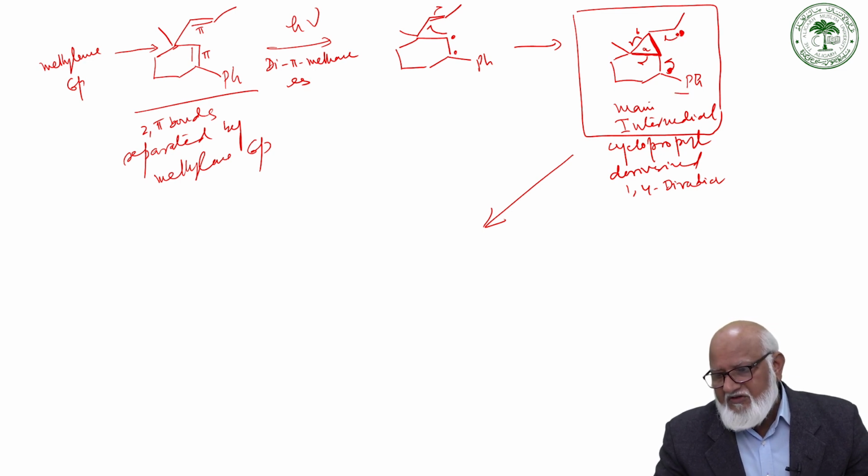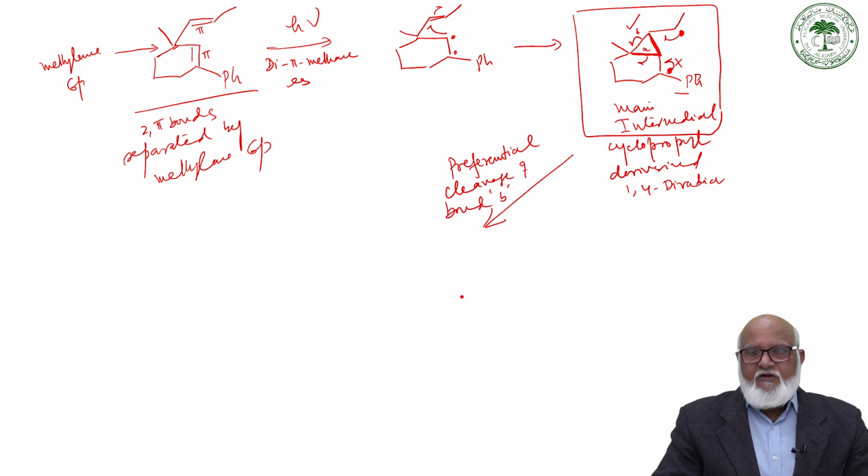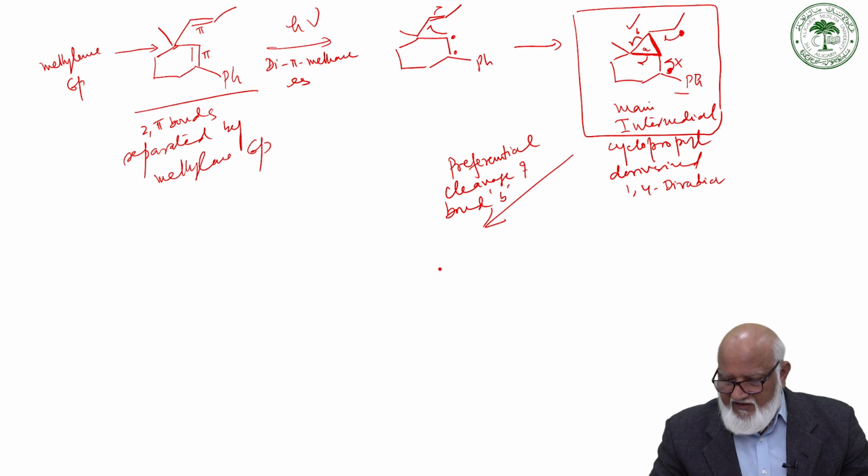So this one forms a double bond; the other will not take place, this will take place, and there is preferential cleavage of bond B. Preferential cleavage of bond B takes place, and then we end up with